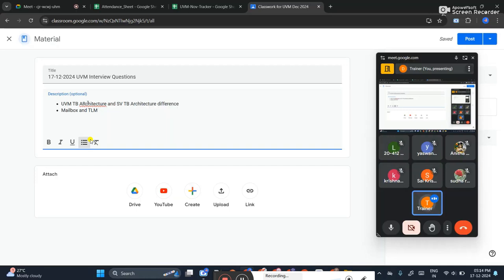If you understand what I am telling, you can even elaborate the explanation. Suppose you take the Google answer, what happens, you will mug up. But in the interview, if they ask you to explain that point, will you be able to explain? No. That is why I recommend my students to write down the SV and UVM notes of my explanation. That explanation will be very clear, so the same explanation you can tell in the interview. So, mailbox and the difference.